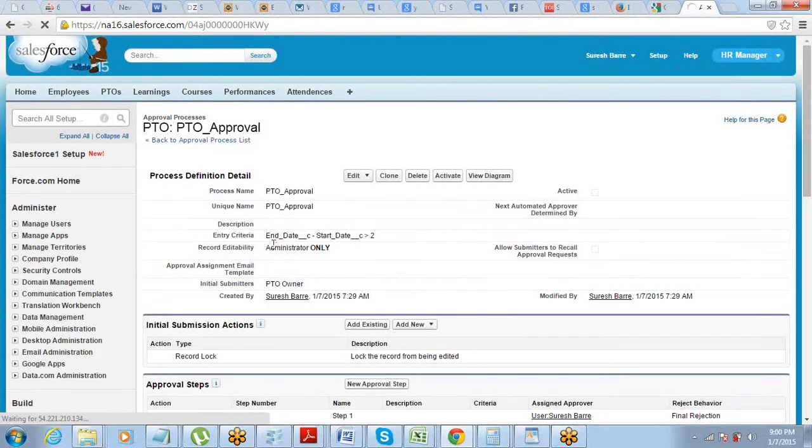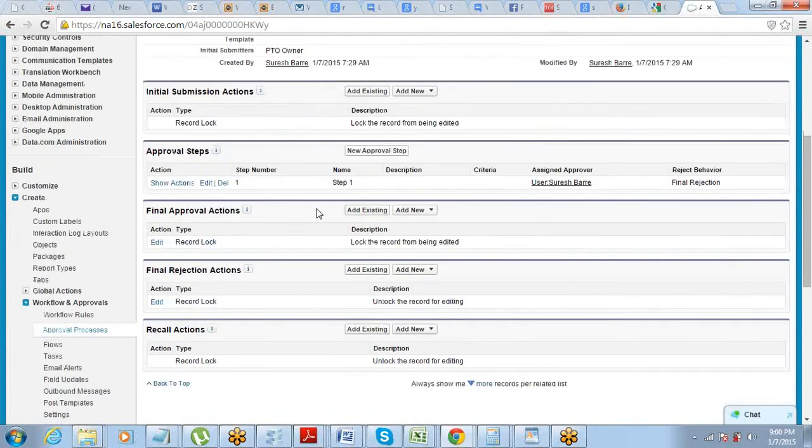Okay, so let's say Suresh is the approver for the PTO. All right. We also have an option of assigning the approver from the hierarchy. So you also have an option of sending the approvals to the manager of that particular user, but we do not have hierarchy defined in this, so we will take that option of a fixed approver, right? So let's say Suresh is the approver and then just click on save.